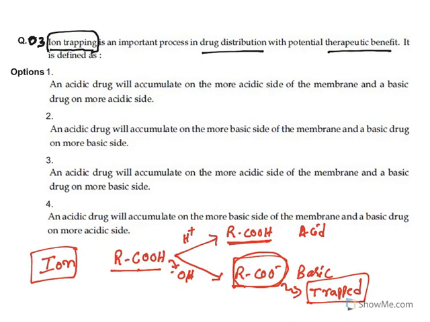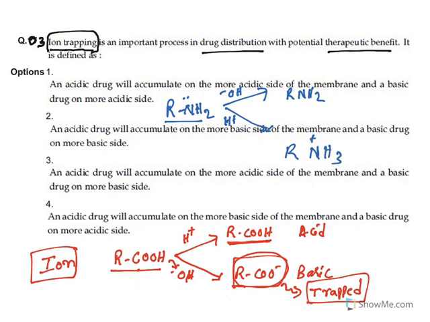Let us see one more example with an alkali. Let's say you have taken an alkaloid which has an alkali group. This is already a basic molecule. In basic pH, it remains as such. Whereas when you take it in an acidic environment, it is converted into an ion. The proton will come and take these electrons and it is converted into an ion. So basic drugs or basic molecules remain unionized in basic pH, whereas in acidic pH they are ionized. If it is ionized, it will be trapped in that particular compartment.